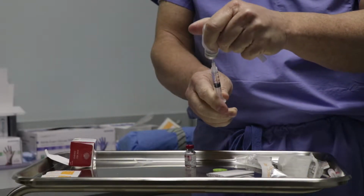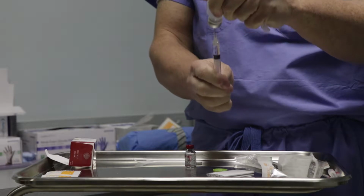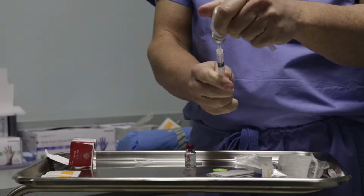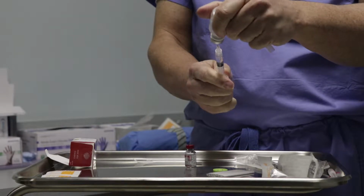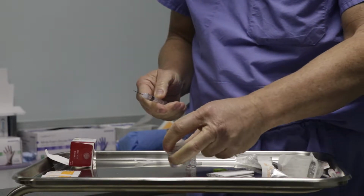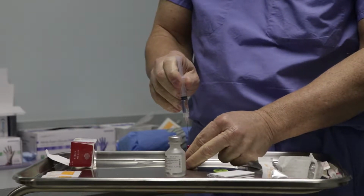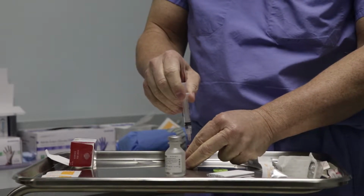Botox comes to us sterilized, prepackaged, but it is not hydrated, so prior to an injection we do hydrate the vial by injecting normal saline into the vial of Botox. This is then mixed, followed by drawing it up in a needle, which we will then use to inject our